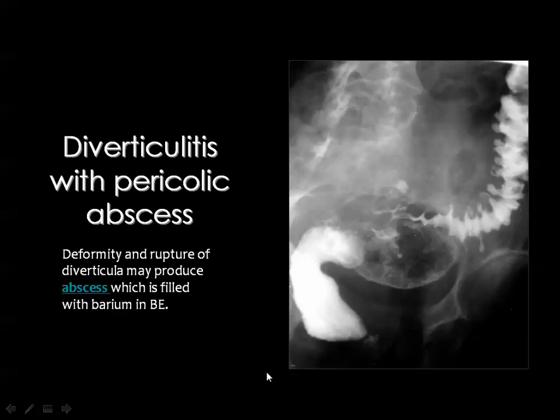And some of the diverticuli may rupture, as I have said, resulting in the formation of a pericolic abscess. And if you perform a barium enema for these patients, you may see the spastic left side of the colon, a few diverticuli along the colonic wall, and you get barium outside the colon into the pericolic abscess, as you can